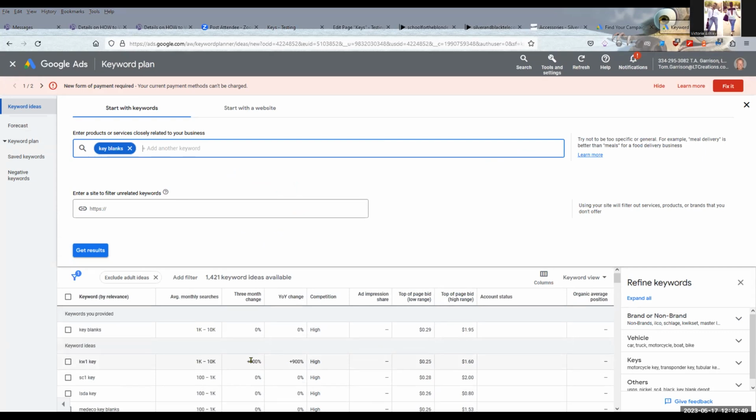That means it has gone up 900% in the last 3 months, and in a year-over-year change, it's up 900%. So apparently KW1 key is searched a lot more than it ever used to be. That's what that's telling you. So trends are what are keywords doing? Keyword planner is what are people searching?